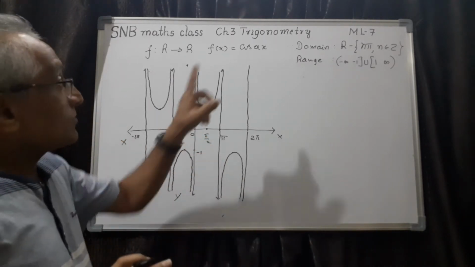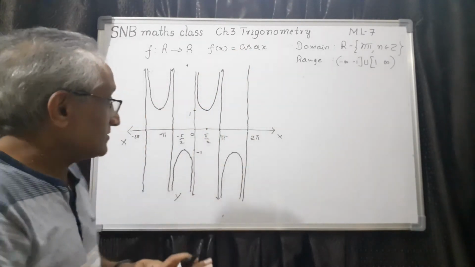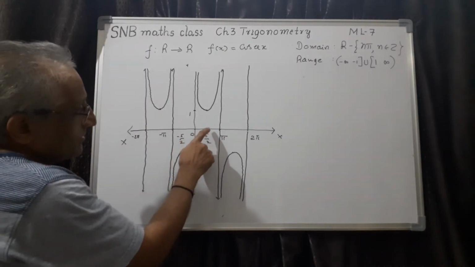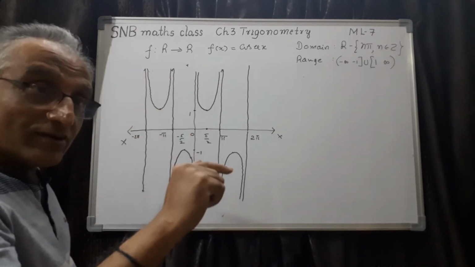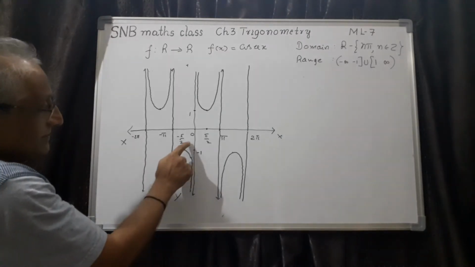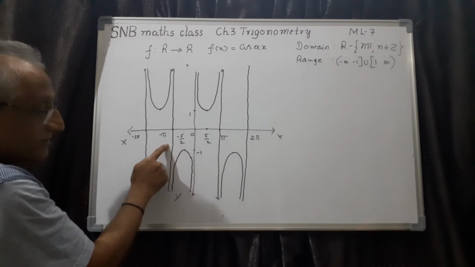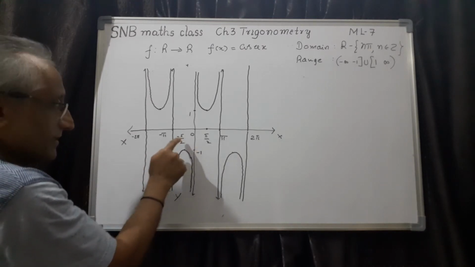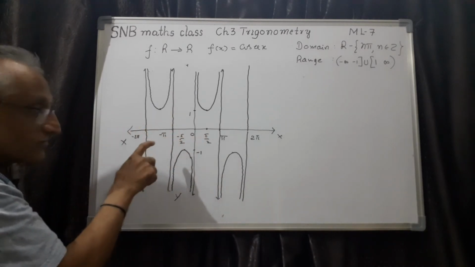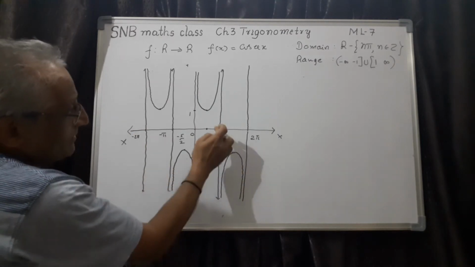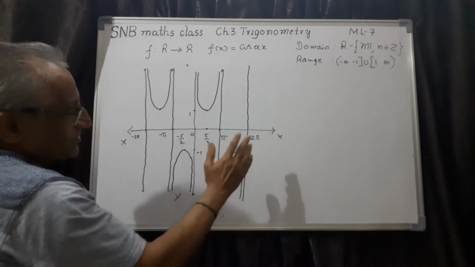For example, you see, cosecant x has the same sign as sin x: it is positive in the first quadrant and in the second quadrant. You can check here, 0 to pi by 2, pi by 2 to pi, it is positive this side. And in the third quadrant and fourth quadrant, it is negative. So, you can see very well here, this is the third quadrant, 0 to minus pi by 2 is the fourth quadrant, minus pi by 2 to minus pi is the third quadrant, negative. And you can see here, after one rotation, see, this is the beauty, it once again repeats. So, now it is very clear.